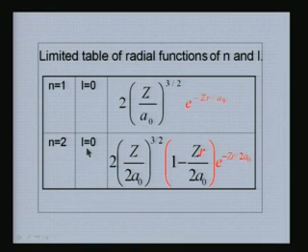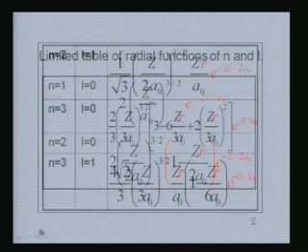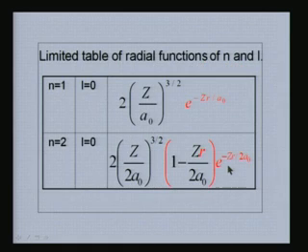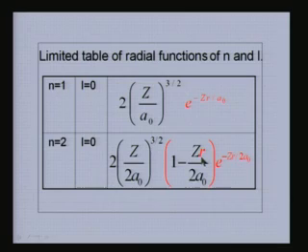For n equal to 2, there are two solutions, L equal to 0 and L equal to 1. Let us look at the L equal to 0 case. The L equal to 0 case has an exponential of minus zr by 2 a naught, the n appears here, and it has a simple function 1 minus r by a naught z by 2. So, this is a monomial, that is it is a function to the power 1 in r. The other one is also